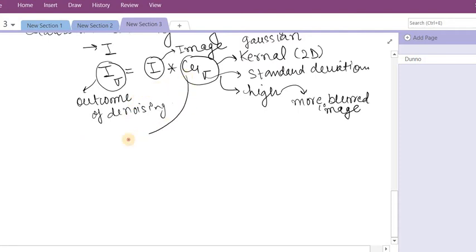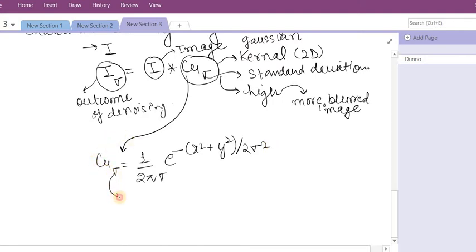And what is the formula of G sigma? So G sigma is nothing but the same formula that you have used in the Gaussian distribution. So that is your formula, that is your x and y coordinates, and this is your variance. So there can be many values of the sigma,